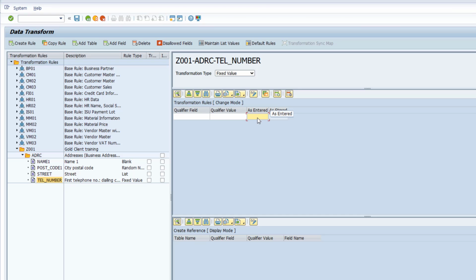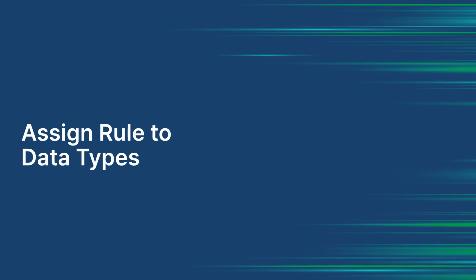Now, you might have noticed that I included the dashes because that is how I want the data to look after it has been transformed. So that is up to the user to apply these details. At this point, additional tables and/or fields could be added to this new rule. But to keep things somewhat simple, I'm going to stop here,